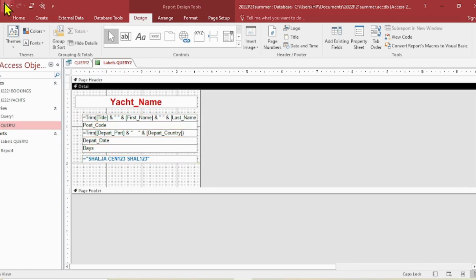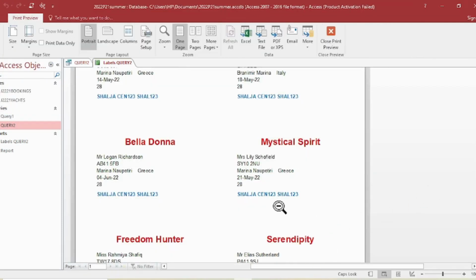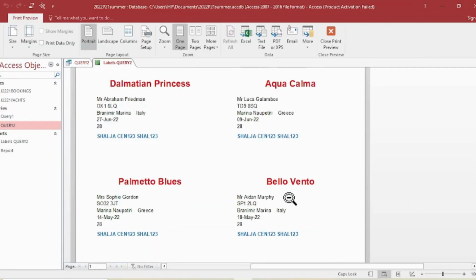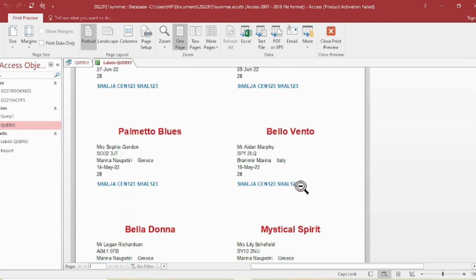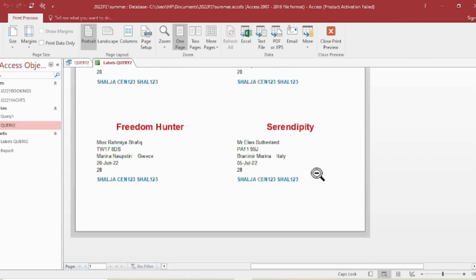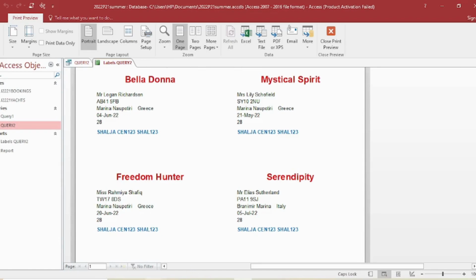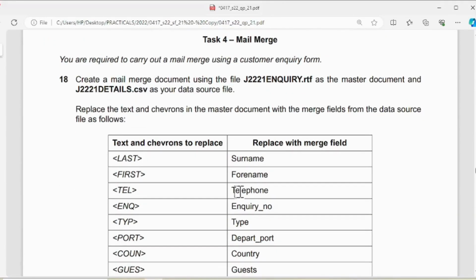Yeah, save and print preview. Yes, you can see that it's better now. Okay, after this, oh,